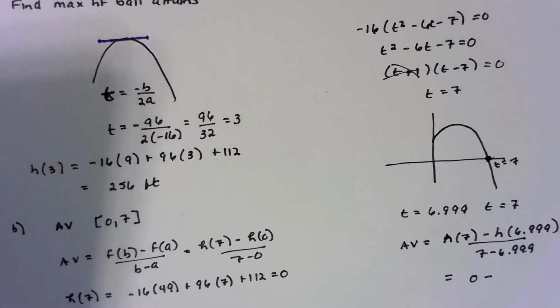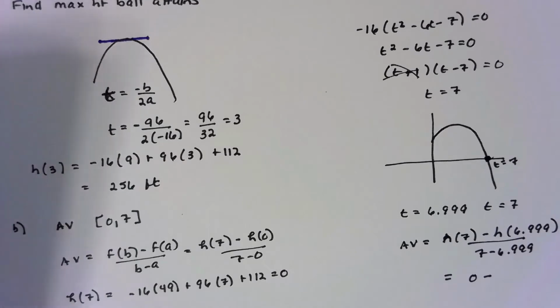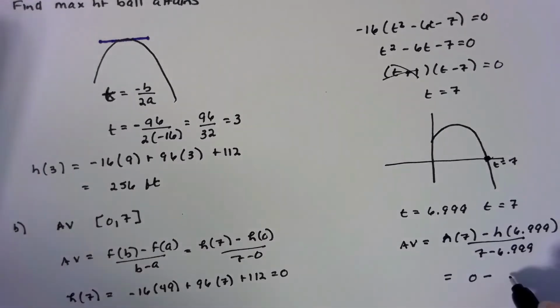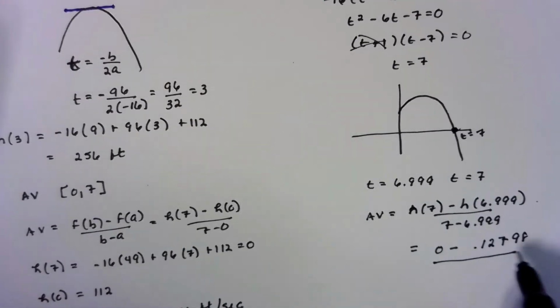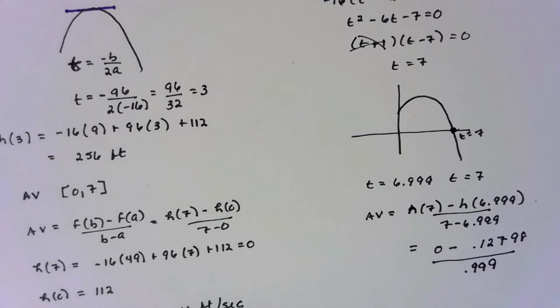Now, negative 16 times 6.999 squared plus 96 times 6.999 plus 112 is 0.12798. I'm just going to bring it out so I don't make a rounding error, over 0.999, right? 7 minus 6.999. And if I divide that negative 0.12798 by 0.999,